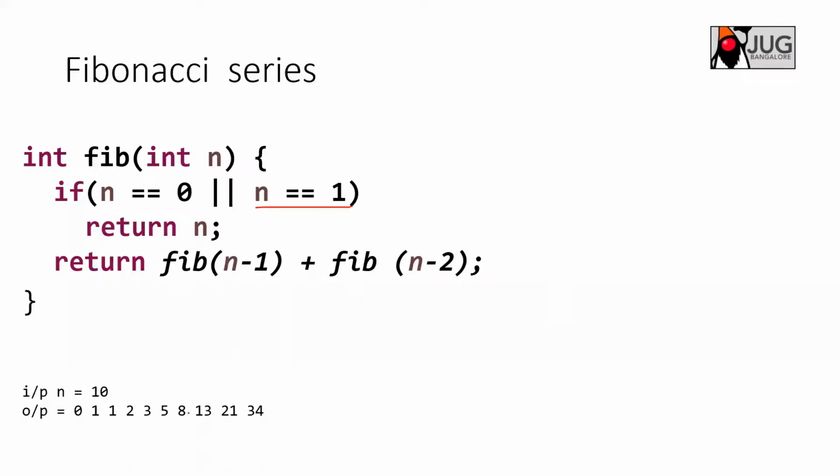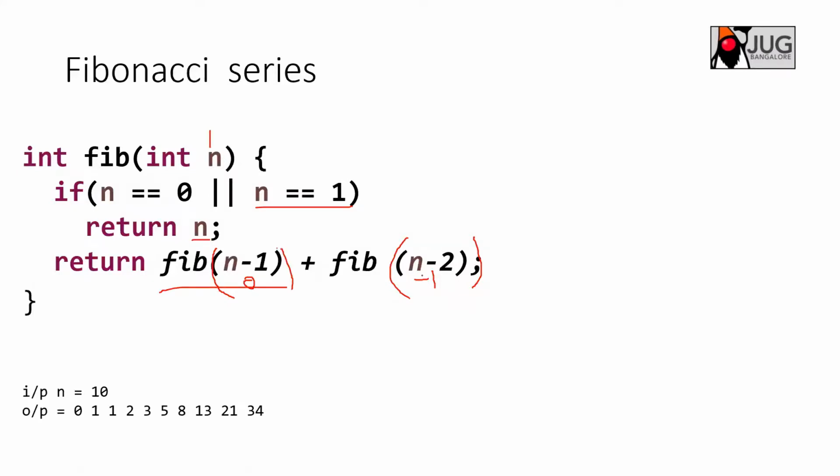Once it arrives at this condition, let's say n equal to 1 came. If it is not 0, you call Fibonacci of 0 and then Fibonacci of minus 1, since n is 1 here. Once it enters here, you again check. It is not 0. Fibonacci of 0 is 0, so that returns. That is fine. You got a value for this function call.